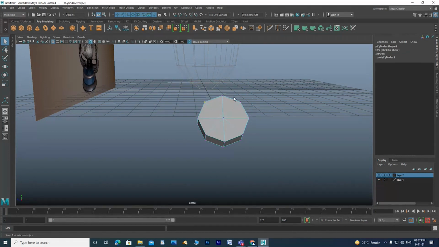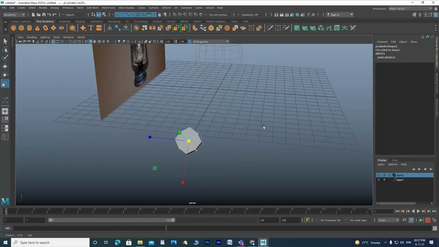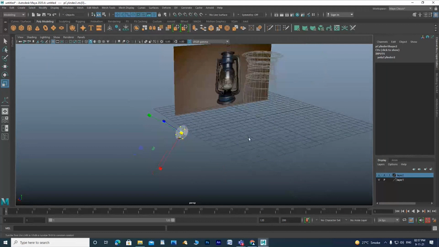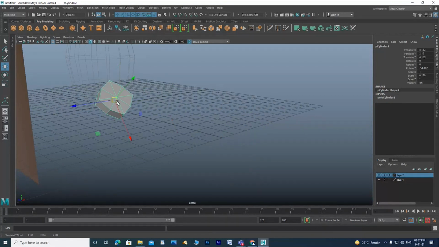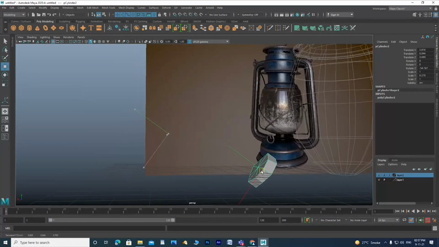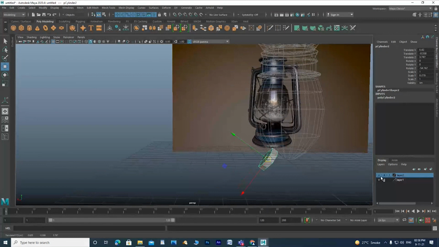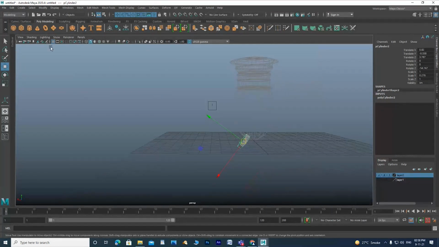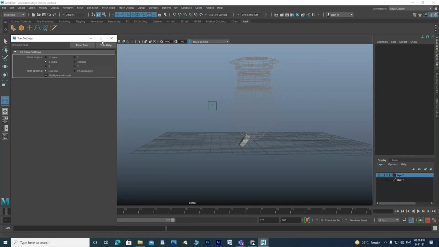What is this? Now you have to go for the curve. You can keep this cubic one.